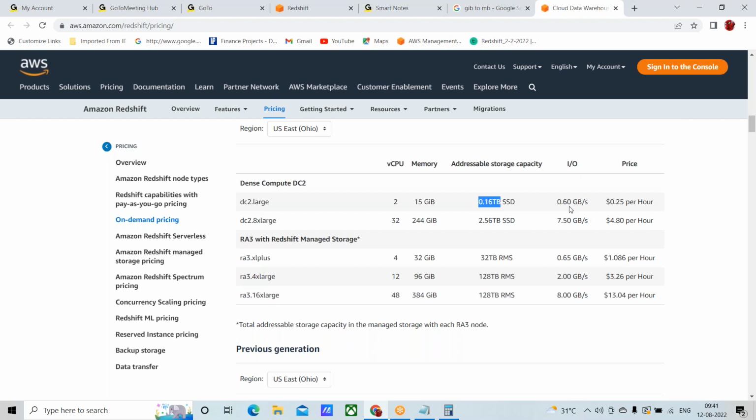The node type speed. Like whenever we purchase a laptop, we see what the processor speed is. Processor speed means IO per second, meaning how much data it can process per second. So 0.6 GB per second, and price is $0.25. When we go to a shop to purchase, we first ask the configuration and the price. Same thing anywhere. So customers also will see what is the configuration, what is the price,